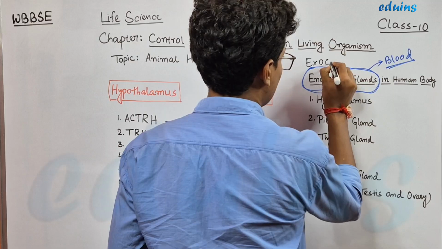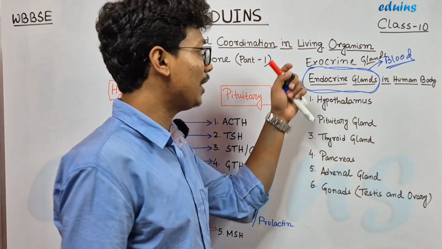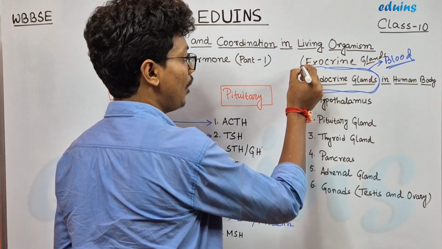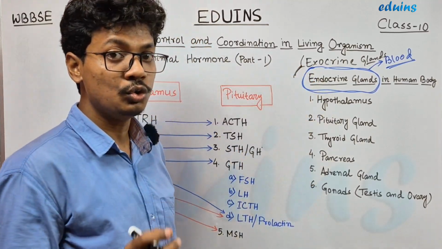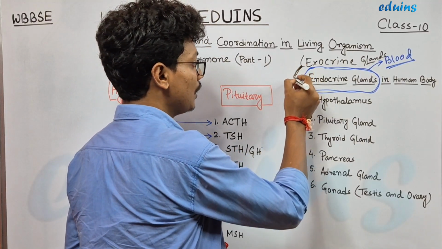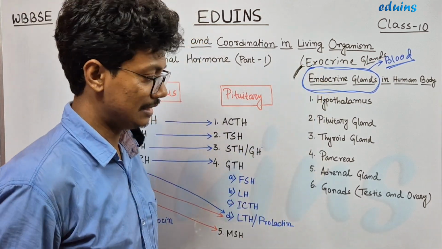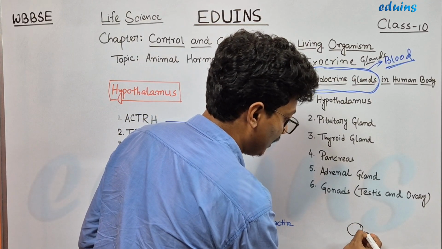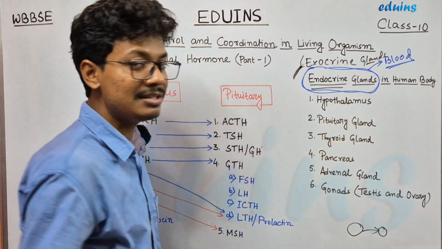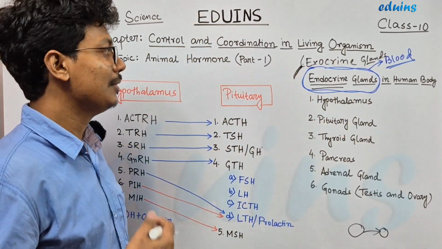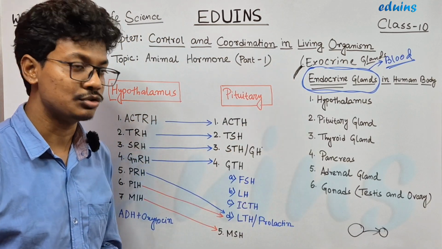That is exocrine glands. Exocrine glands are the glands whose secretion reaches the place of action through a capillary or tube, and it also works in local places. The action area will be nearby, but in the case of endocrine glands the action areas are present in different places. So this is the basic difference between endocrine and exocrine glands.